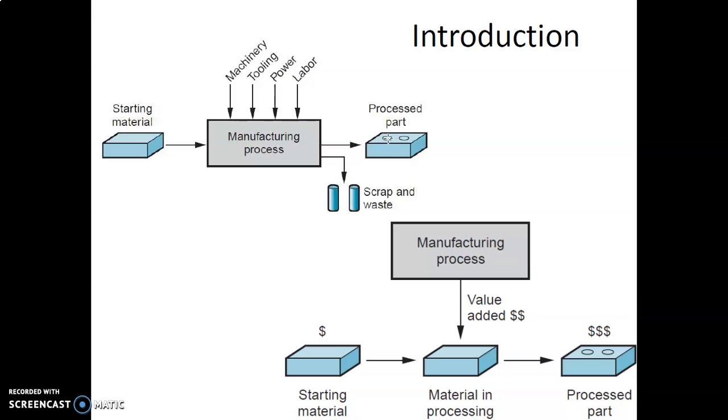Now I give you an example in the reverse case. Suppose you want to create two cylinders from this block. So now your area of interest is these two cylinders. Okay. But the rest of the material is wastage for you. So as per the design, you can identify which material is important and which material you can consider as a waste. So from that you can choose the manufacturing process. In this example I give you a simple example.